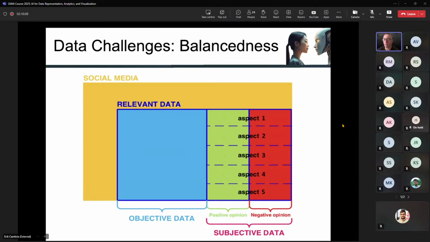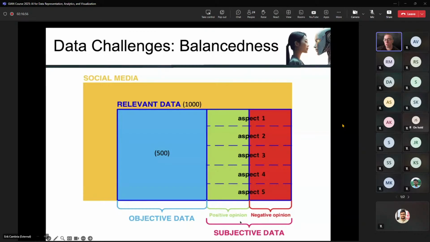So in this slide, I have a simple example that is more practical to understand this problem. So let's say that I'm looking at social media and I collected 1,000 tweets that are relevant to my investigation. So in theory, if I'm doing sentiment analysis on this polarity detection, half of this should be objective or neutral, so that I can first use, for example, a subjectivity detection module to filter out the ones that are neutral. This is an important task once again. So having something that is well trained to recognize neutral data is important, and that's why you have half of the training data neutral and half